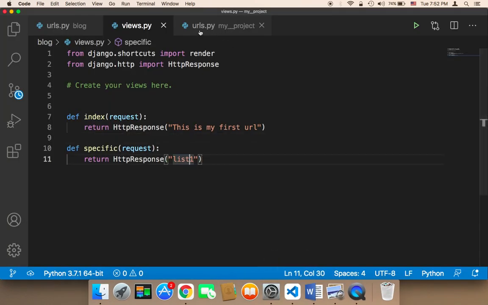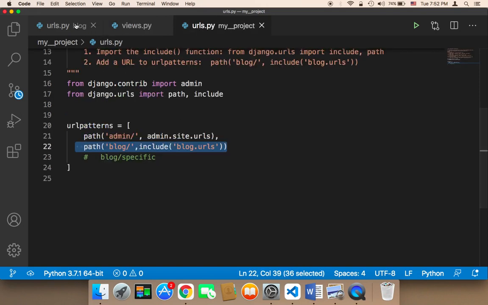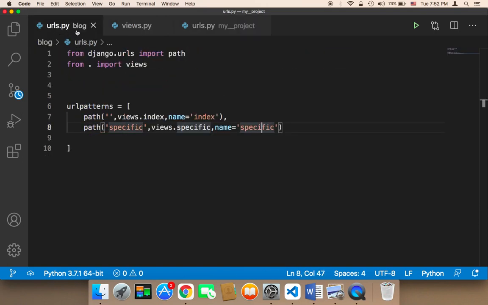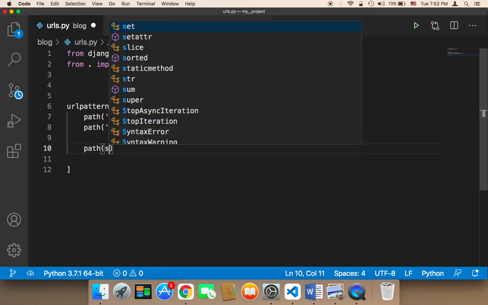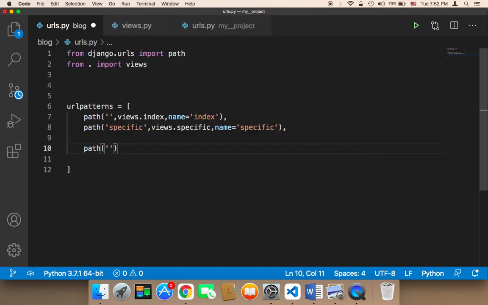So to do that in Django, first of all, we need to head on over to the urls.py that's inside the blog. And then here, let's create a new path, a new URL. I'm going to say path, and then let's give it a new name, another name. I'm going to say article,